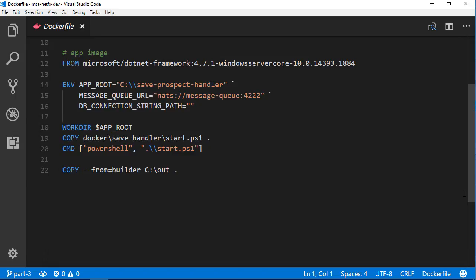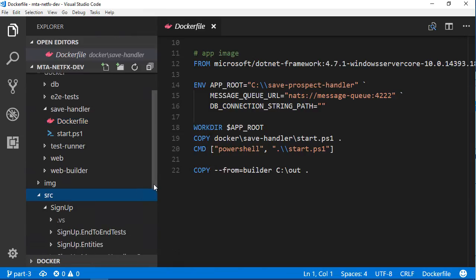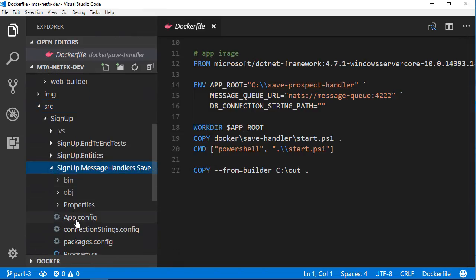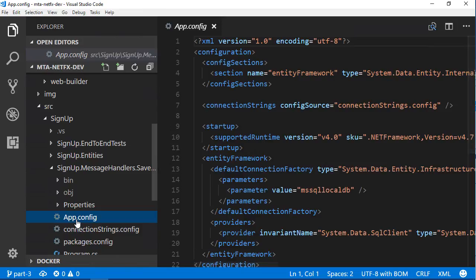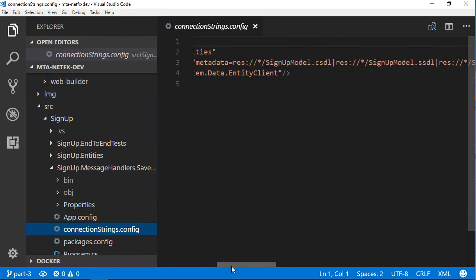a .NET app. I'm using environment variables to configure the path where the app gets deployed, and the URL of the message queue, which will be in a container called message queue. I'm also using the same configuration pattern from the last video. There's a path to the database connection string config file. In the app config, I'm pointing to a default config file, and the default setting will connect to a database